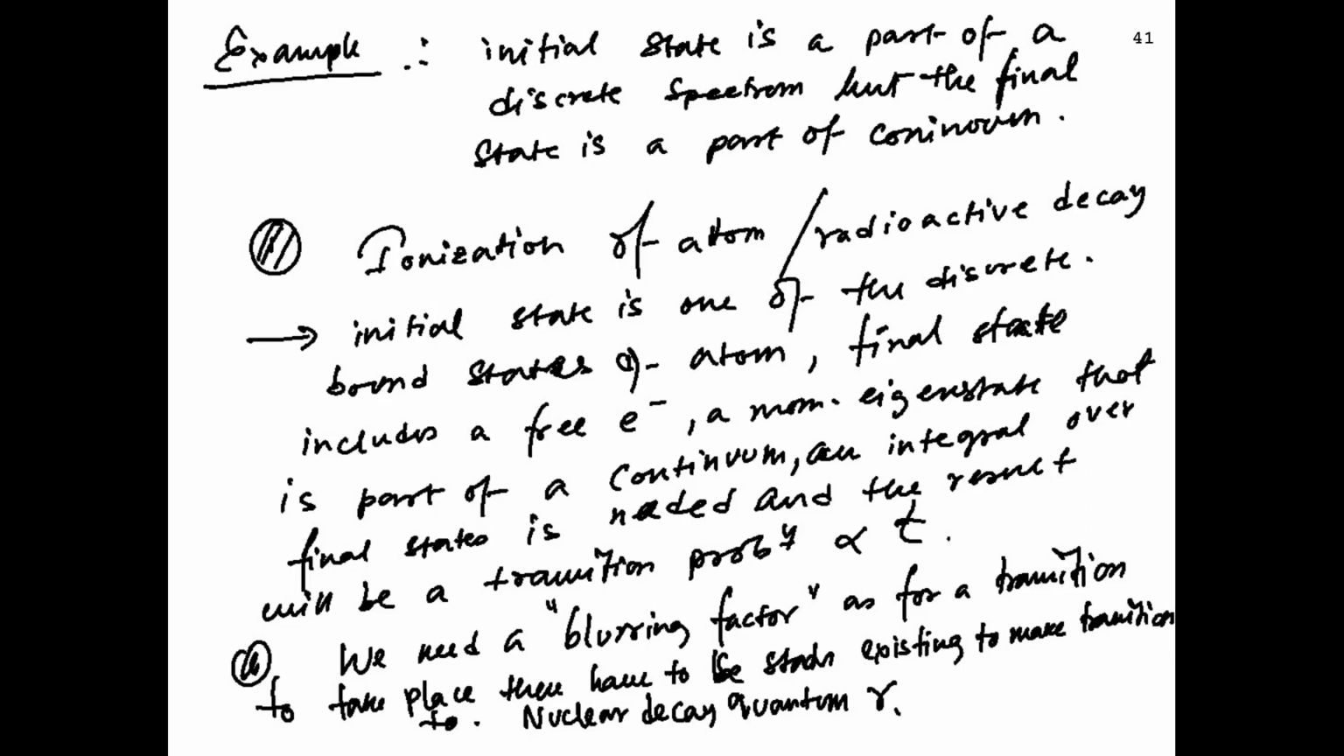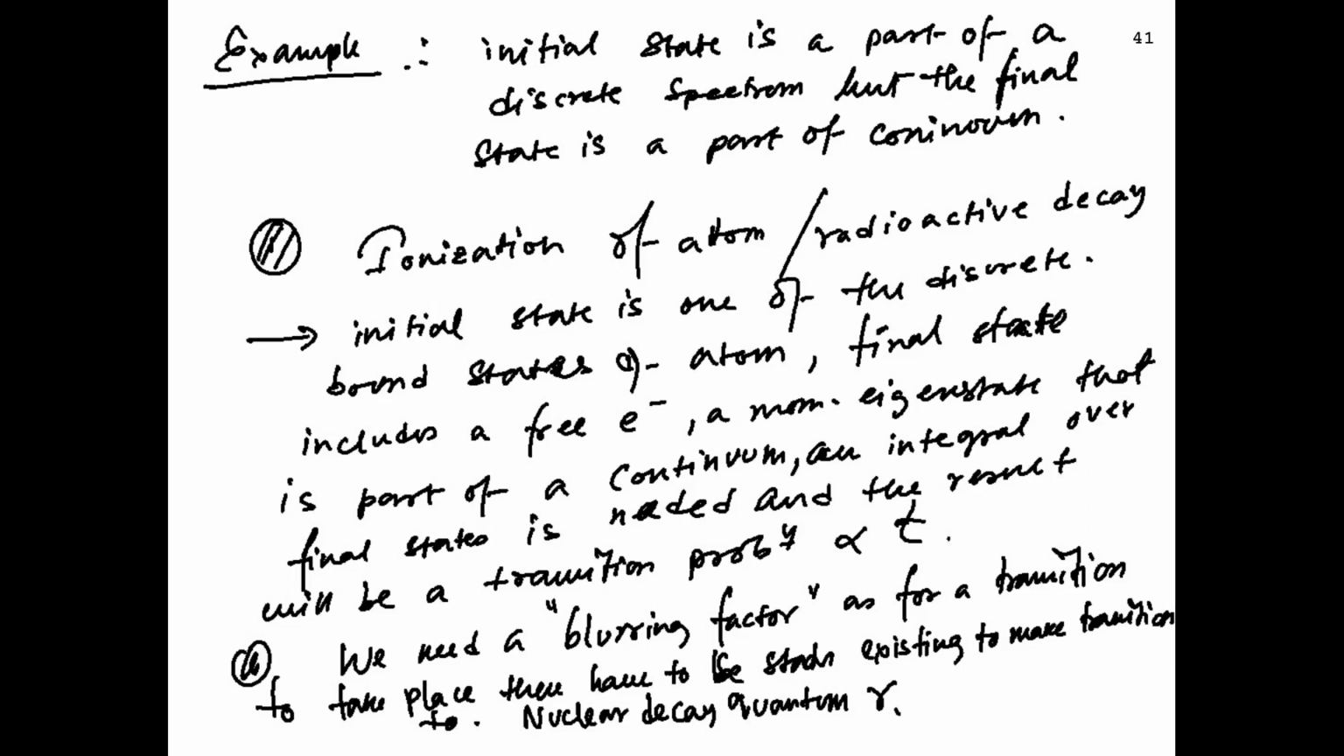But the final state is a decay. The atom has decayed and it became a free electron, a momentum eigenstate which is part of a continuum. So that's a very natural scenario, and one can show that when you do the integral over the final state